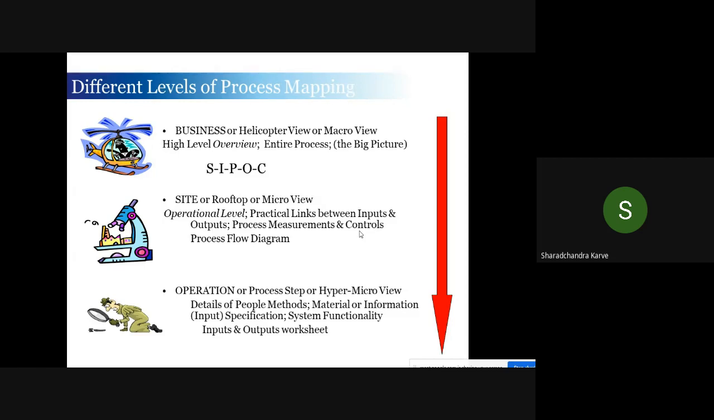And the third level is called the process step. So you go to each and every process step to identify what is the input which is coming to this process and what is the outcome from that process step. So the helicopter view is an